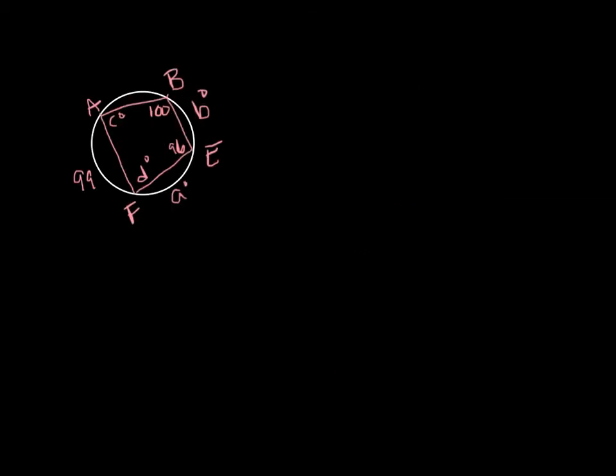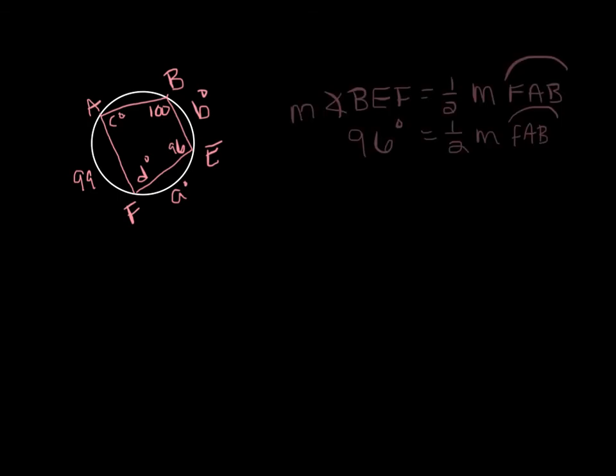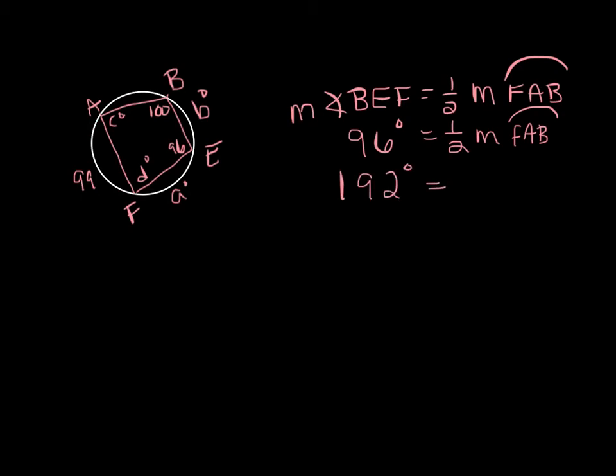In this example, we're looking for a little bit more than in the last two. So take a moment, pause the video, and see what you can figure out. So we know that the measure of angle BEF is equal to 1/2 the measure of the arc that it intercepts. And in this case, the arc that it intercepts is BAF or FAB. Now, we know that the measure of angle BEF is 96 degrees. So that means that twice 96, which is 192 degrees, is going to equal the measure of arc